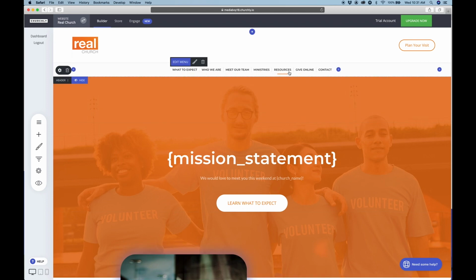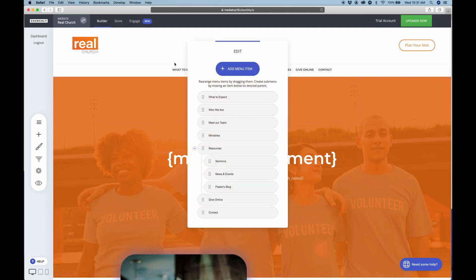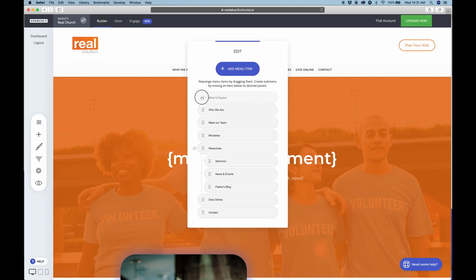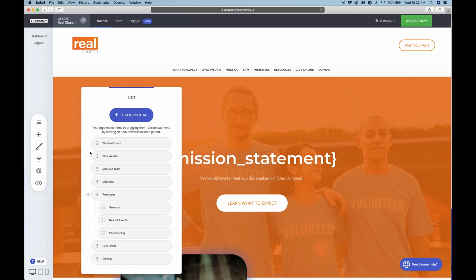Let's hover over our menu, click on Edit Menu. You'll see all of our menu items listed here. You can drag them around to play with their location in the menu system. You can drag them over. That will make it a sub menu, so that whenever you hover over that menu item,